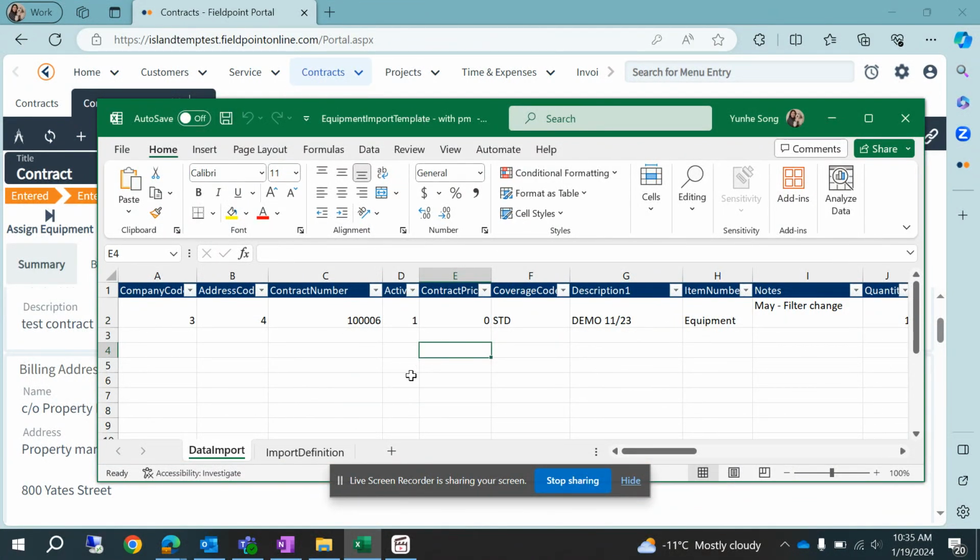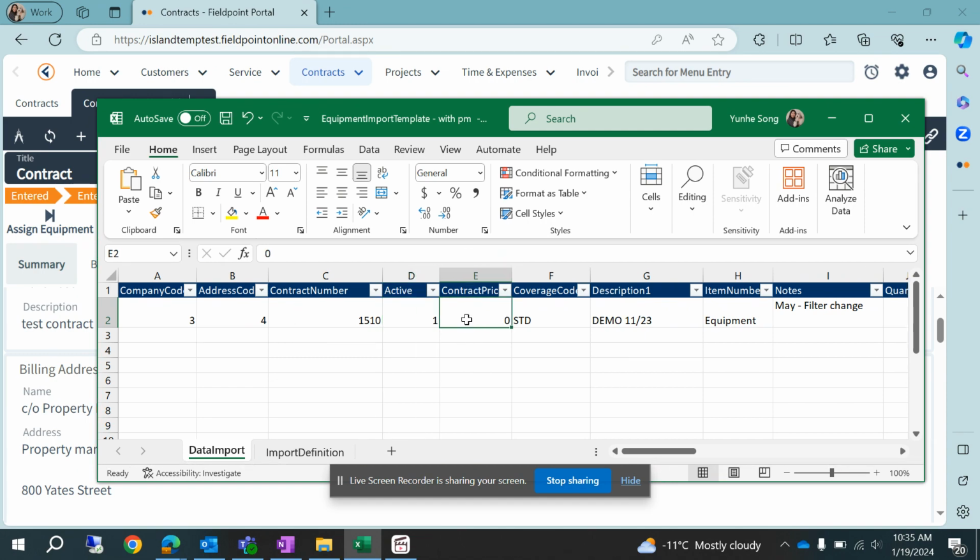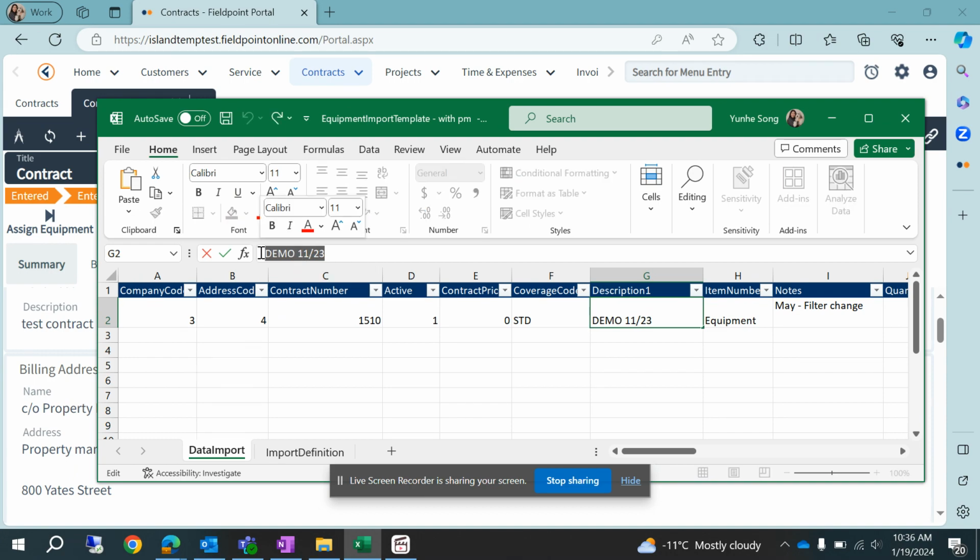So inside this Excel file, company code is 3, address code is 4, and contract number, we are going to change it to 1510. Okay, active, market one, contract price. If you don't want some special contract price, leave it 0. Okay, so here is the description. I am going to say this is upload test